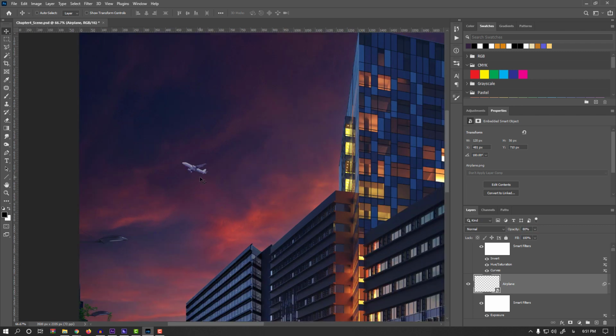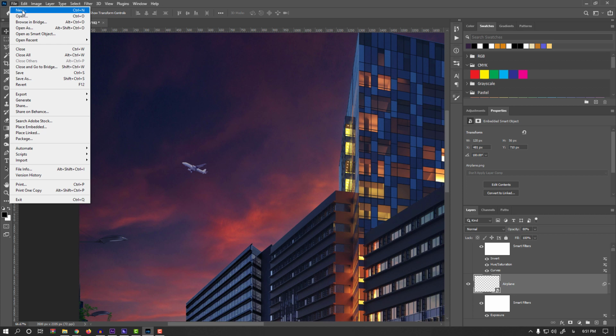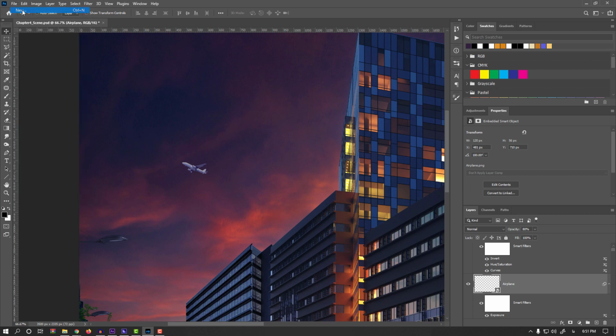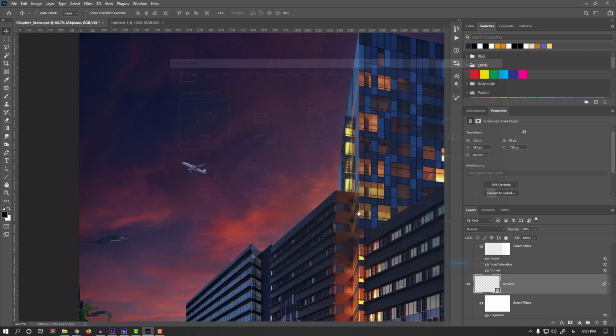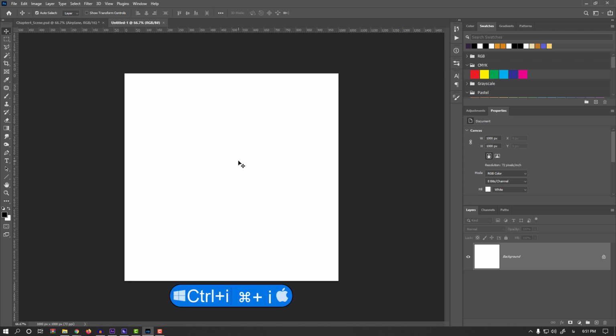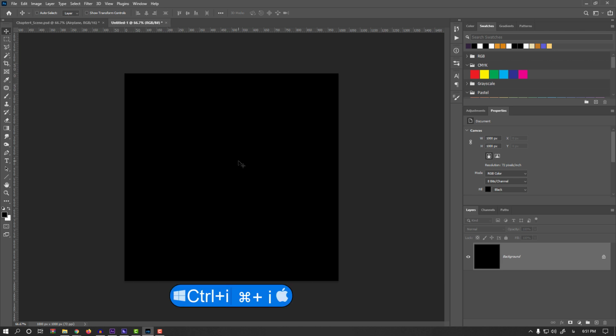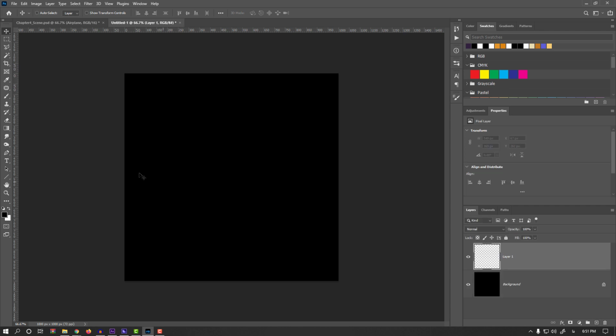Okay, and to create light trails or smoke trails, you could search on the internet or just simply create something for yourself. I create a new document, 1000 by 1000. Okay, I make it black by pressing Ctrl or Command I to invert the white to black. Create a new layer, just simply brush and white color,